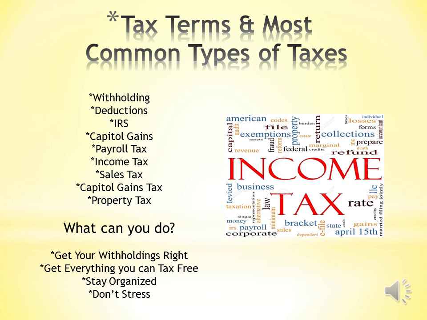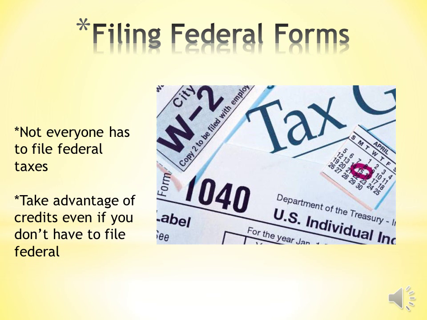So that was the most common types of taxes. A little bit more information than we needed about all the taxes, but I'd rather you have more information than not enough. All right, let's talk a little bit about filing federally. Tax day comes around just once a year. It's April 18th. It was April 18th in 2016. Not sure what it is going to be, but it's typically always in April.